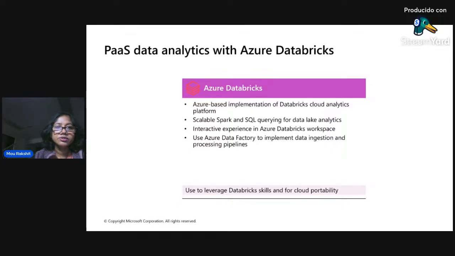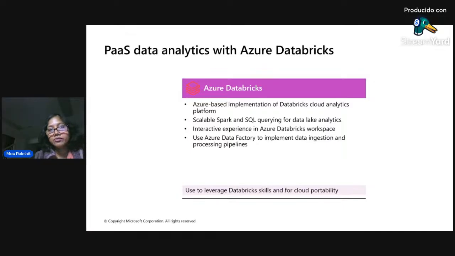But you are free to also store them in any other format, like I said, Iceberg, or many other open source formats: Hudi, Parquet, ORC, JSON, Avro, etc. Okay. All right, so interactive experience, so you're also going to be able to see those.